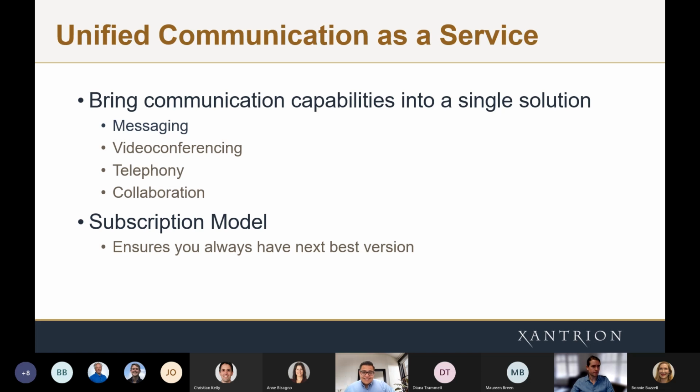I'll leave you guys with a statistic that blew my mind. About a year ago, March of 2020, we were around 20 to 25 million daily active users inside of the Teams platform. Today, we're looking anywhere from 125 to 145 million daily active users for Microsoft Teams. So we're talking about massive growth. And I think a reason behind that is ultimately how business has fundamentally changed given what's occurred over the last year.